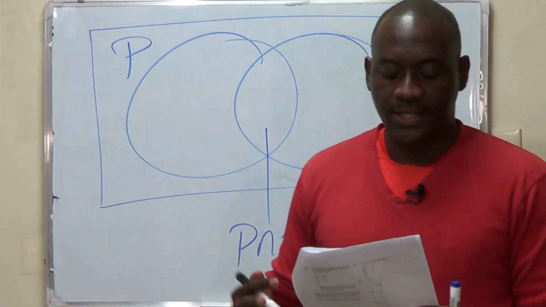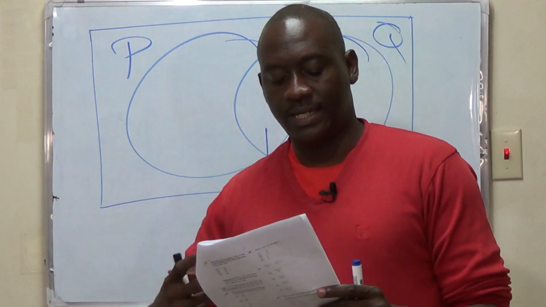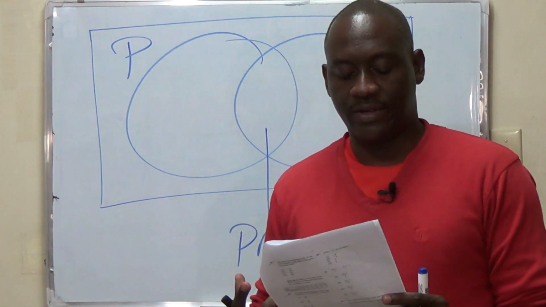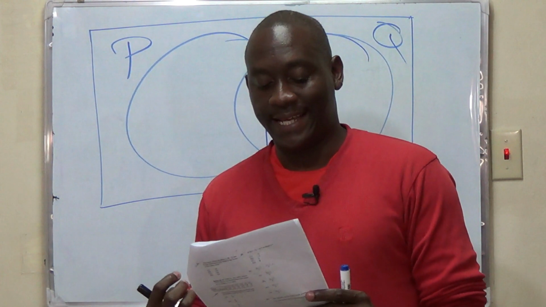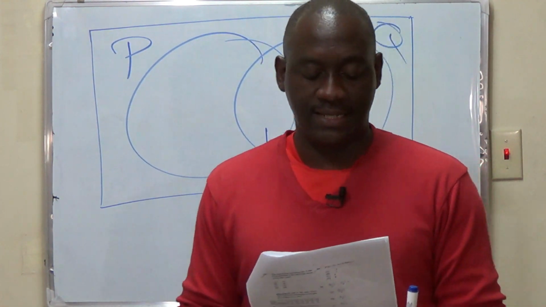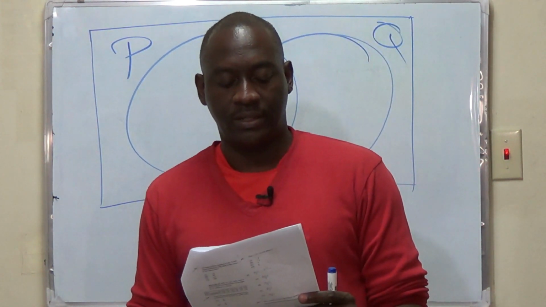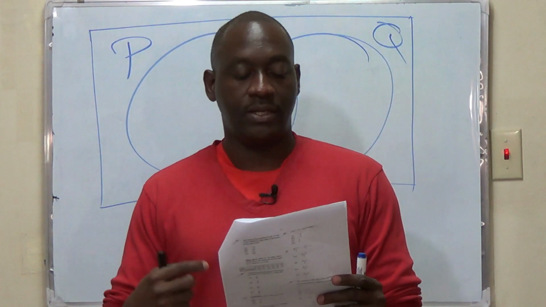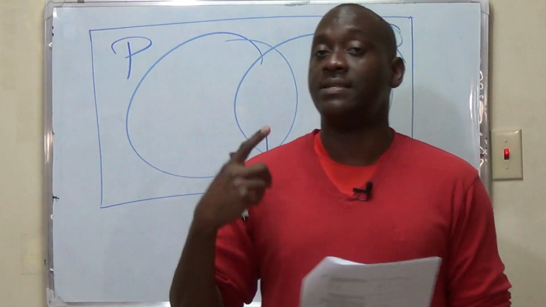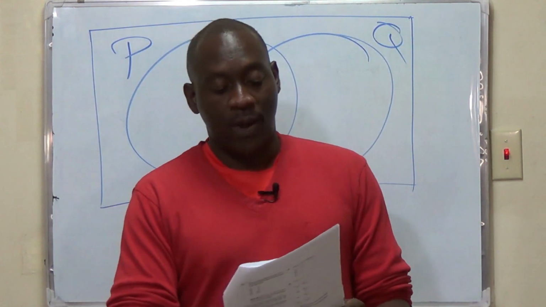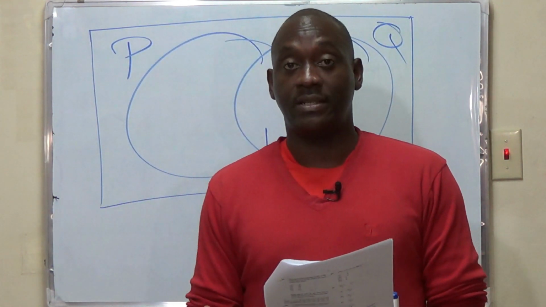P and Q are two finite sets such that n(P) is equal to 7, n(Q) is equal to 5, and n(P intersect Q) is equal to 3. What is n(P union Q)? Good. So hopefully you would have been listening to what I'm saying while seeing a copy of the question in